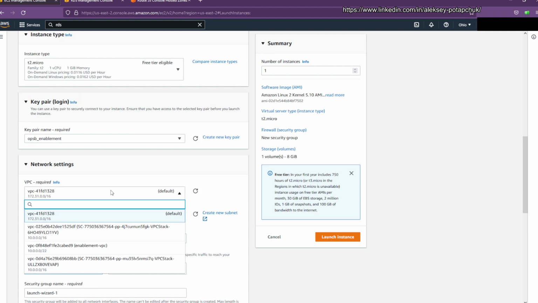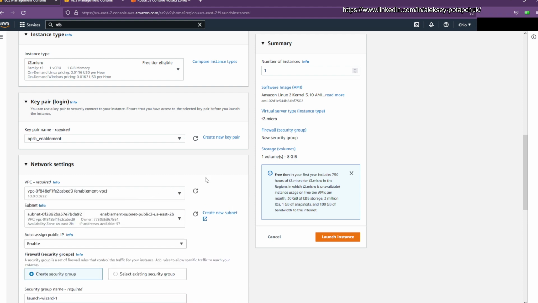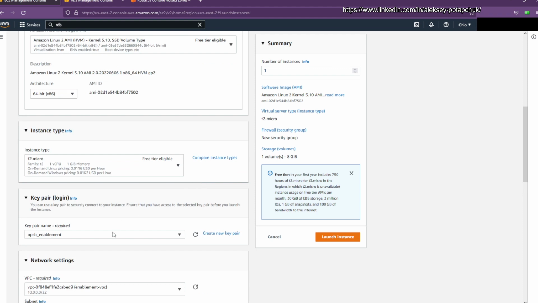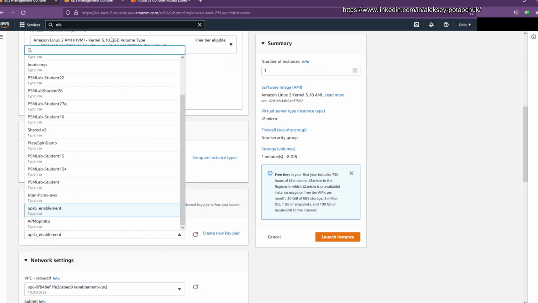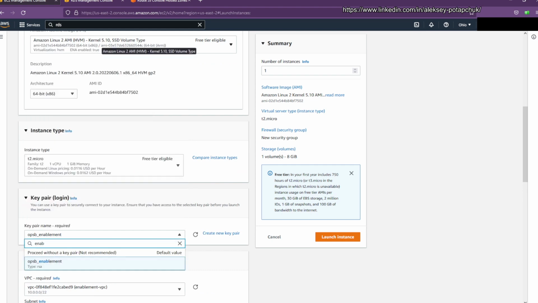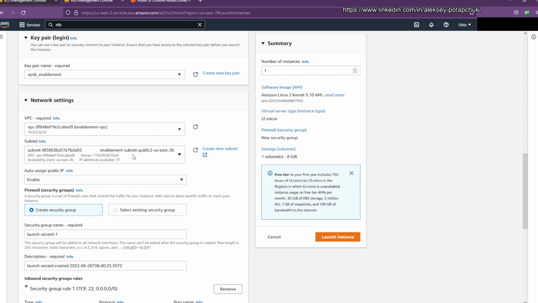There we go. So, of course, it's going to be OPSB enablement. Is it enablement or just OPSB enablement? Let me see. Yeah, enablement VPC. Did I choose the right? Let's see if I can do enablement. No, it's just an OPSB enablement. All right. So I'll be using this VPC, public